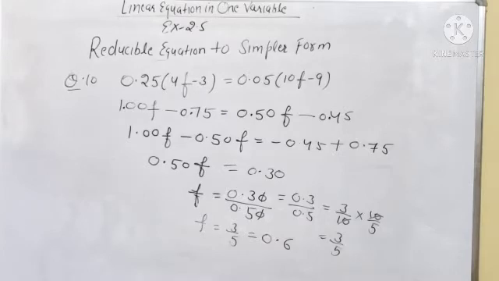So in this exercise you have to solve the reducible equation to simplest form. Means equations are given. Some equations are given in the form of numerator upon denominator. Some equations are given in the form of simple linear equation and within brackets. So when it is given in the form of numerator upon denominator, first you will take all the variable values one side and you will take the LCM of the numbers and you will get a linear equation and you can solve this equation, and after that you will find out the value of the variable.